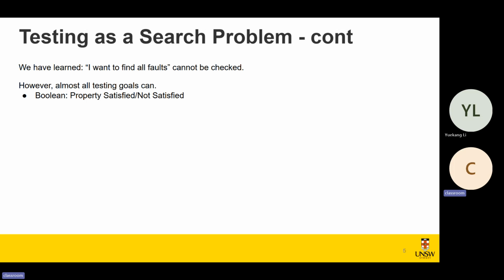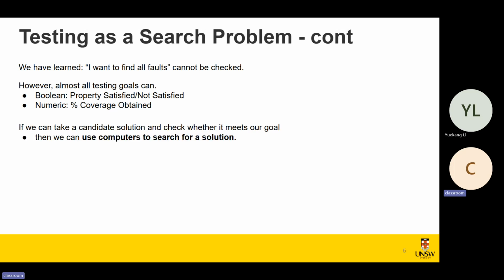For the Boolean goals, it's just whether a certain property is satisfied or not, for example, have we tried all the possible combinations of different options, right? So this is a Boolean goal, and we do have numeric goals, like what is the percentage of coverage we have achieved for this program. So we can measure all these goals, and